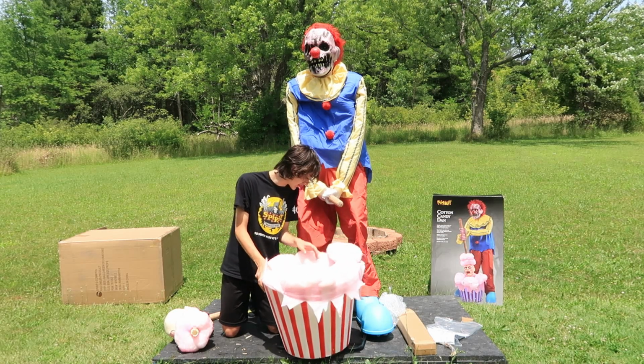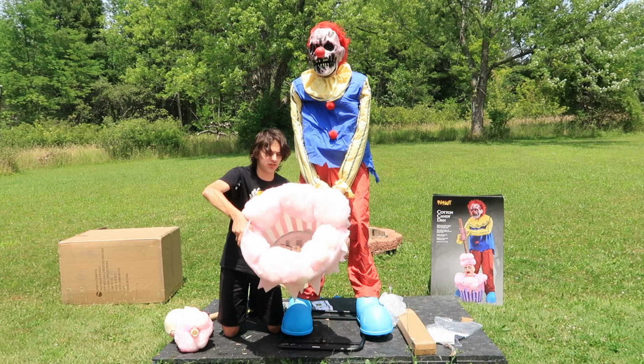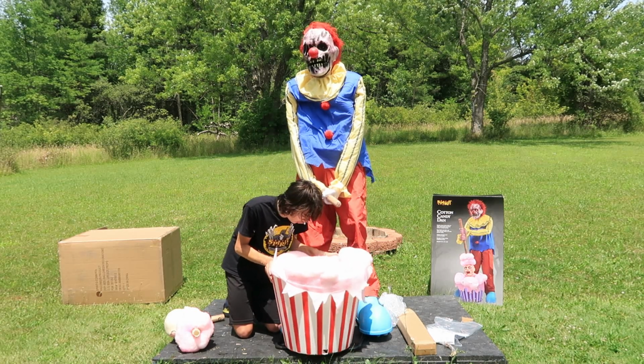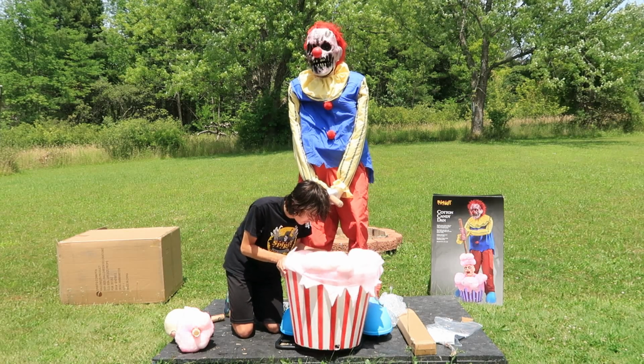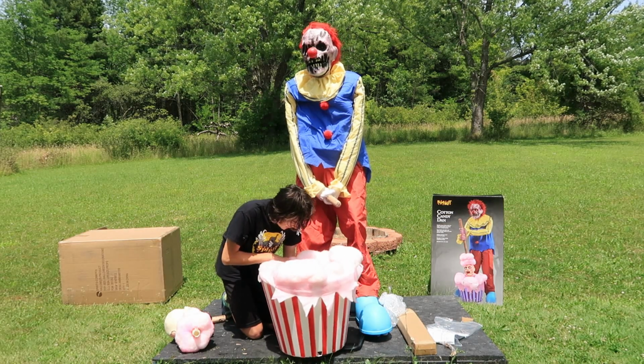And the way you're going to do this is that there's actually a little opening inside, kind of like on the floor of the bucket, if you will. And you're going to slide that little hole. It's kind of more like a rectangle shape. You're going to match it up so that the hole slides onto the little circle shape that we just pulled